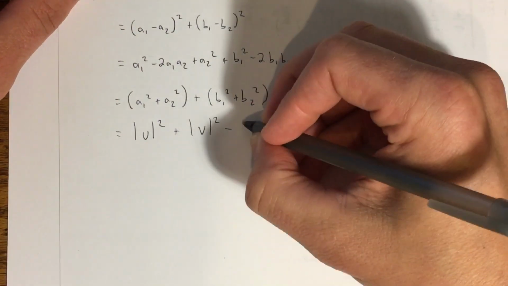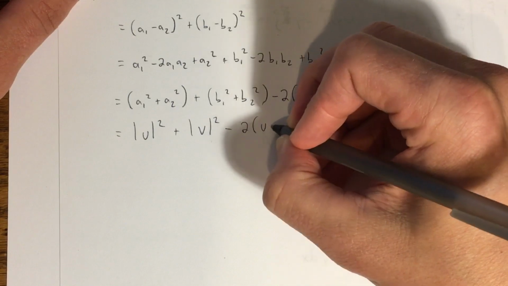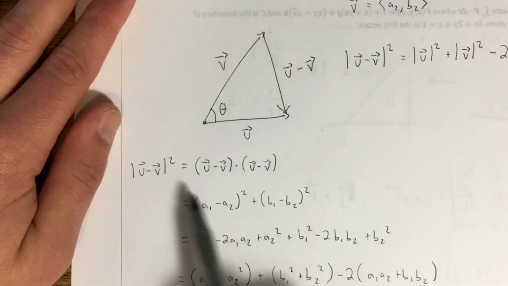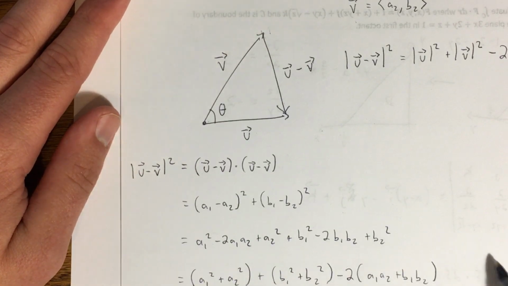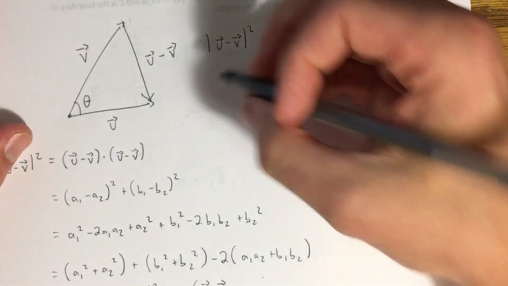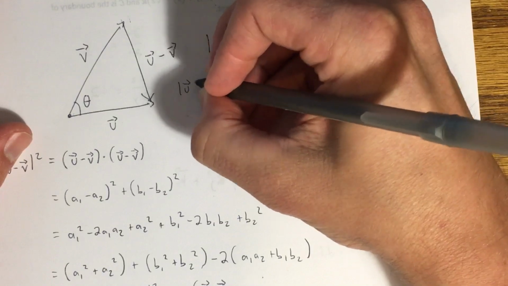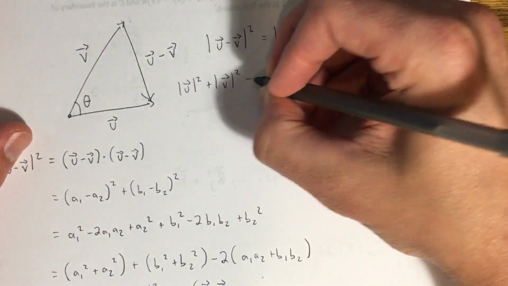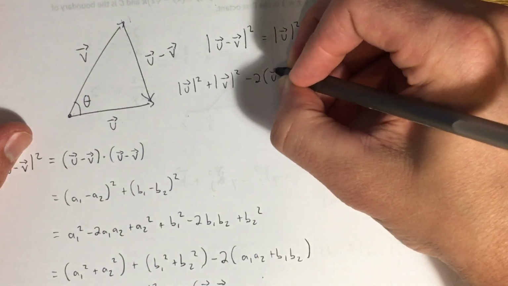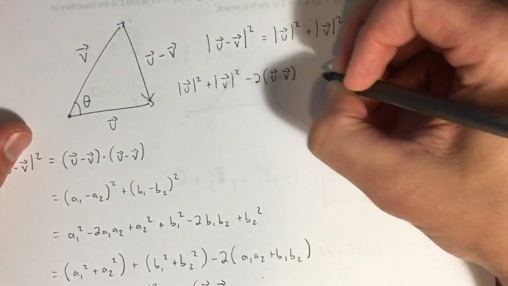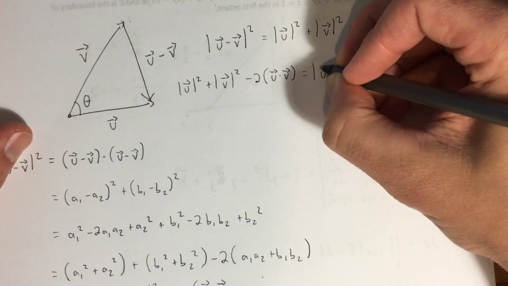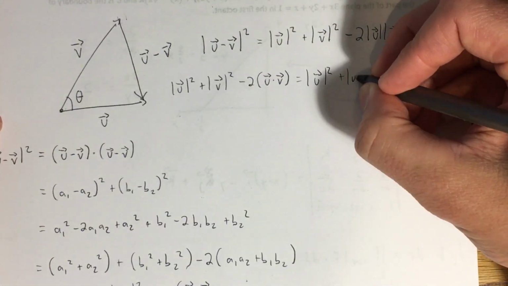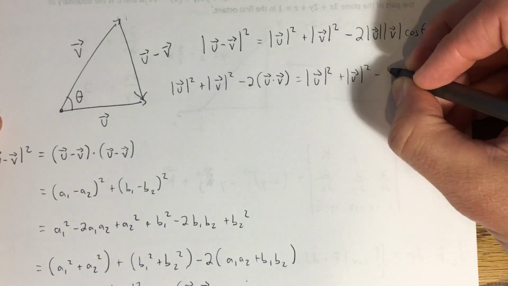So this is minus 2 times u dot v. All of that is equal to the left-hand side of this equation. So I get magnitude of u squared plus magnitude of v squared minus 2 times the dot product of u with v. And that's equal to the magnitude of u squared plus the magnitude of v squared minus 2 times